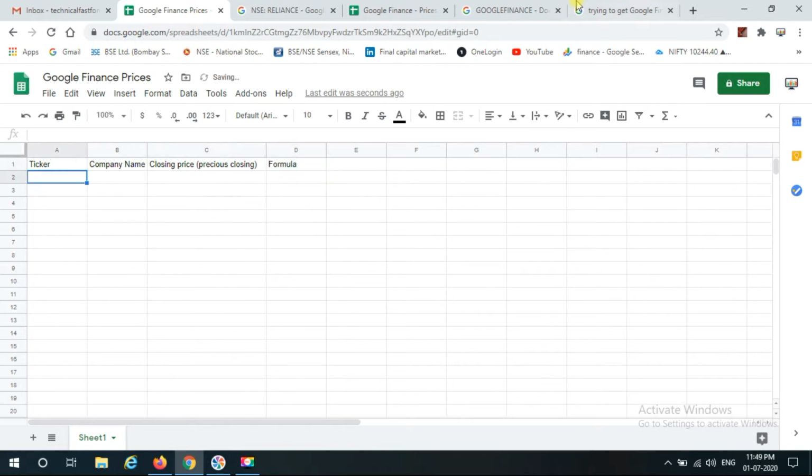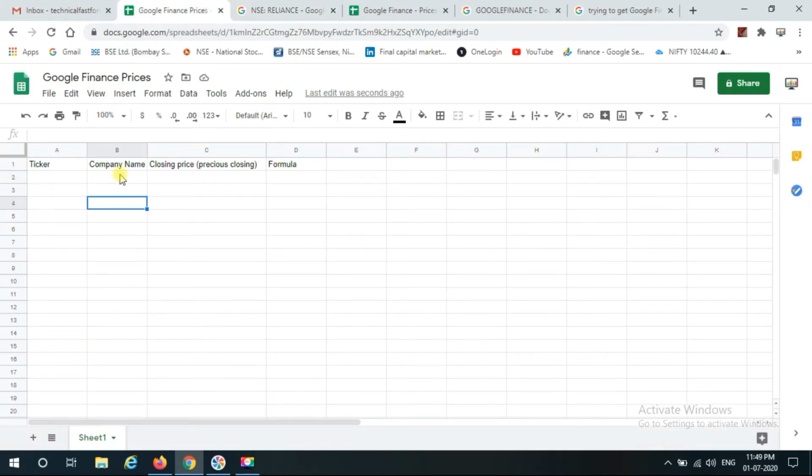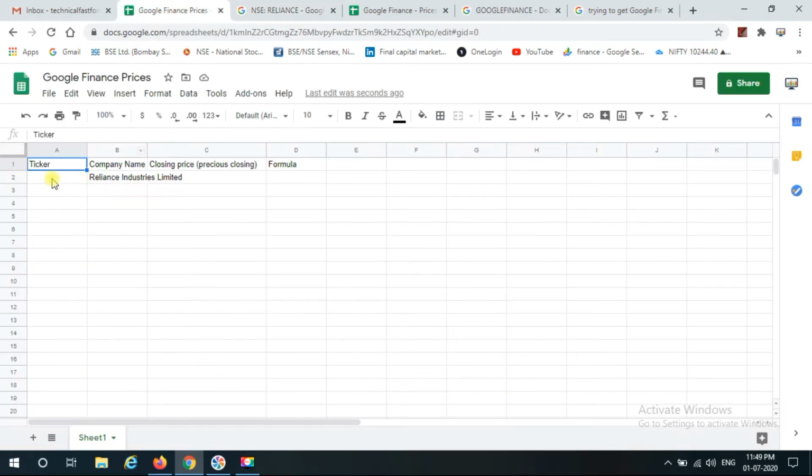Let's say we track Reliance Industries, which is listed on NSE. I'll copy this name and update it over here, Reliance Industries Limited. I need the ticker. The ticker is just below that name, which is NSE Reliance. This is the ticker for extracting the closing price. So we need this closing price.